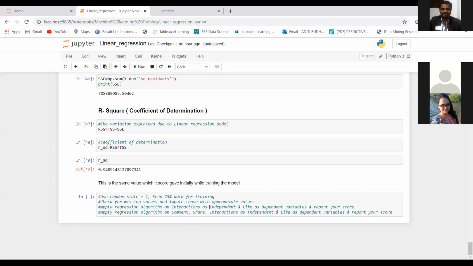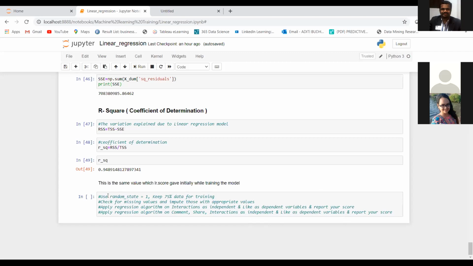In the previous one we had just one, interactions, but in this we will have three input variables, and again like will be our output variable. So you have to create this model, and then you have to report your score. By score, I mean the accuracy score.